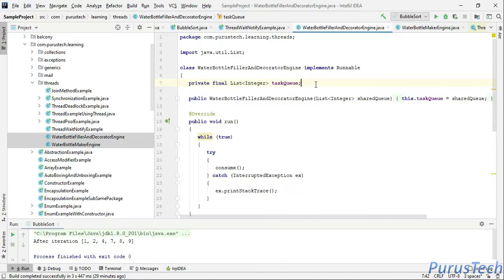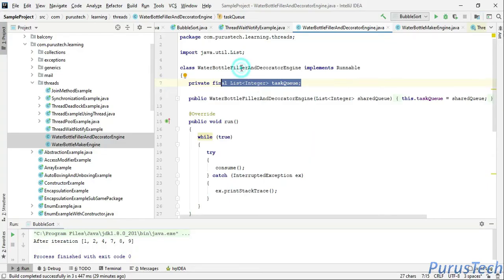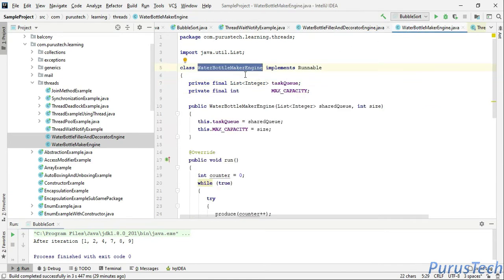And you are seeing here the task queue, right? This task queue is nothing but this particular queue. So they both use the same queue. The water bottle filler and decorator engine uses this task queue, and the water bottle maker engine also uses the task queue.